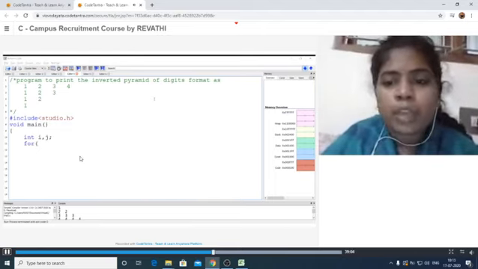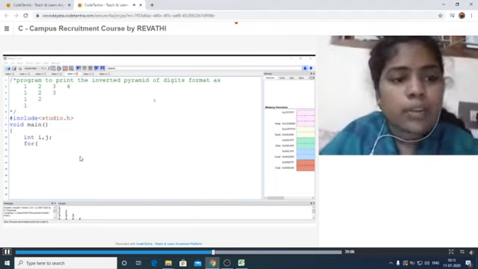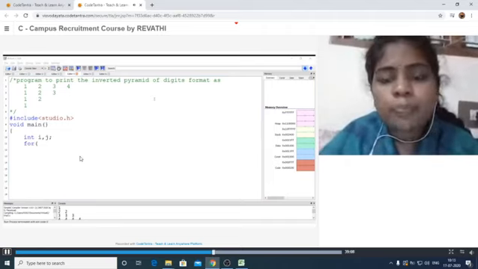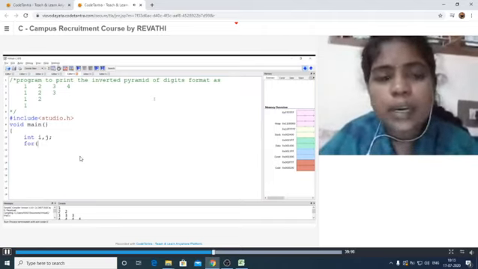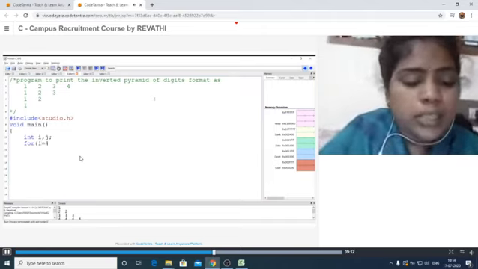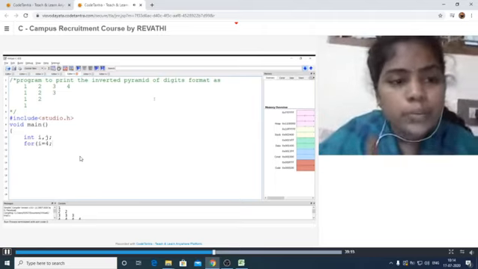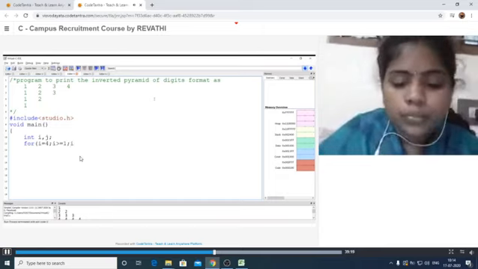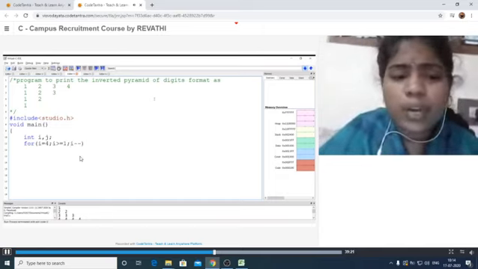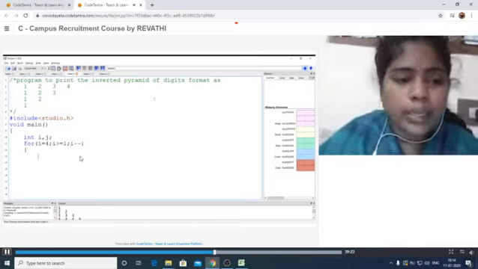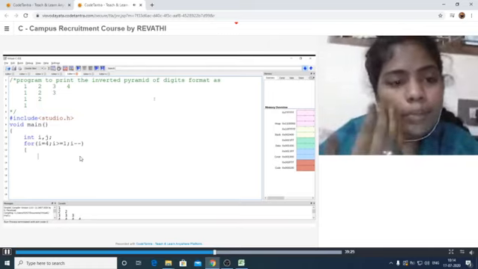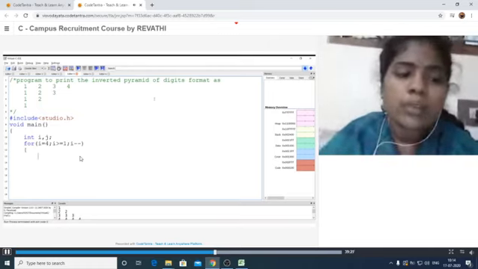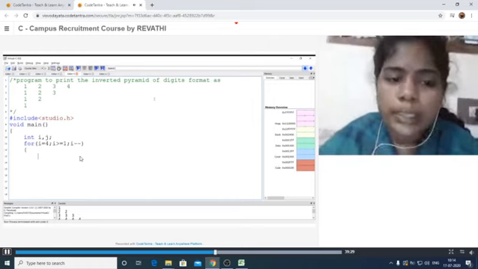For here we have to decide how many rows can be present. There are 4 rows here, so directly we can take i equal to 4. That means it has to print 4 times. The condition is i greater than or equal to 1. Every time it has to decrement the i value, that is i--. We are coming from the reverse case here. Previously we started from 1, 2, 3 like that, but here we are printing in reverse.